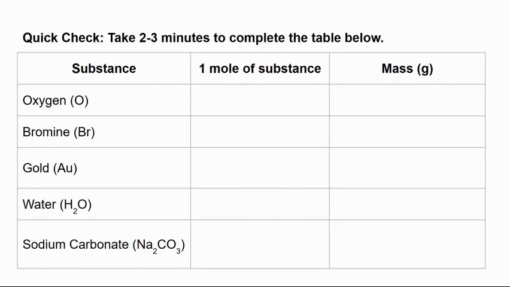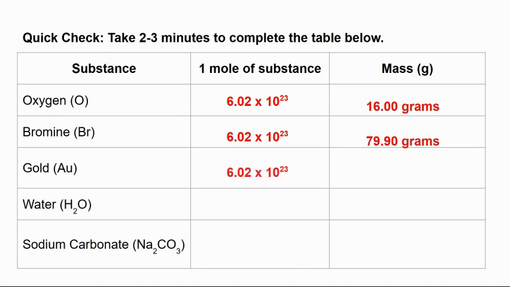So let's take a couple minutes to complete this chart. 1 mole of oxygen will be 6.02 times 10 to the 23rd. The mass of oxygen, according to your periodic table, is 16 grams. 1 mole of bromine is 6.02 times 10 to the 23rd, while the mass of bromine on the periodic table is 79.90. 1 mole of gold is 6.02 times 10 to the 23rd, while the mass of gold on your periodic table is